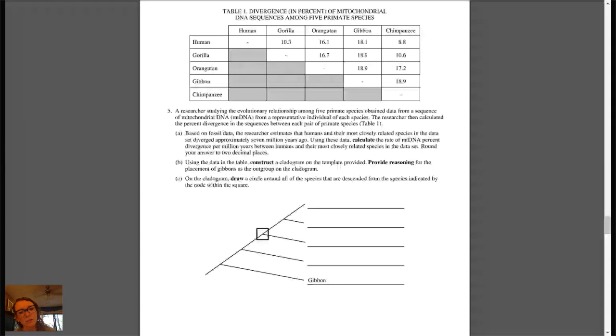The only one of those two that could be flipped would be humans and chimpanzees. Okay. And then it says provide reasoning. No, you can flip humans and chimpanzees technically because they share a sister taxon. So you actually can flip those and still get the points. Those are the only ones that,